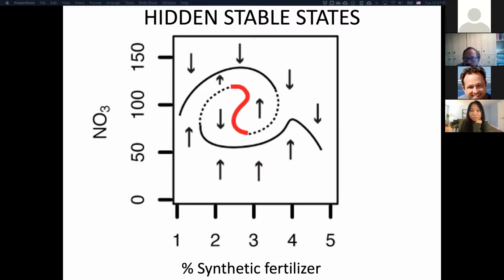Okay, thank you. There's a question from Liliana again. It says, did you look at community composition or maybe some functional trait related to the nitrogen cycle? So no, they were just done in a greenhouse setting with potting media. So we didn't look at any of that, but that would definitely be something interesting to look at.